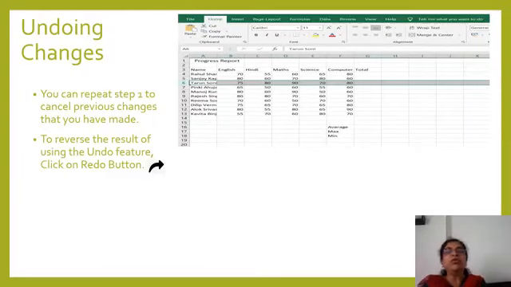Undo changes. You can repeat step 1 to cancel previous changes that you have made. To reverse the result of using the undo feature, click on the redo button. Means what? Suppose I have deleted everything and afterwards I thought no, I don't have to do that, so I retrieve the data.